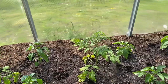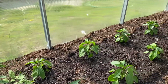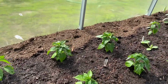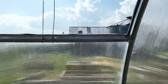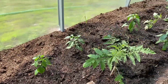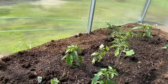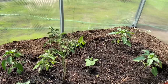Everybody's come through this last week. Didn't have any real cold. It gets down in the high 40s at night. We usually close up the greenhouse at night, the bottom half at least, leave the upper windows open like this one. But then we close the bottom doors. Mainly, like I've said before on some of my videos, if you've seen it, I'm more worried about cats or animals getting in here and digging things up. But otherwise,